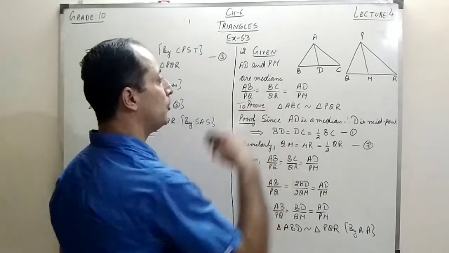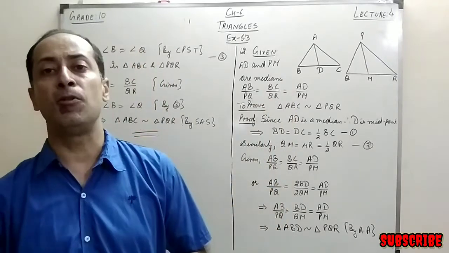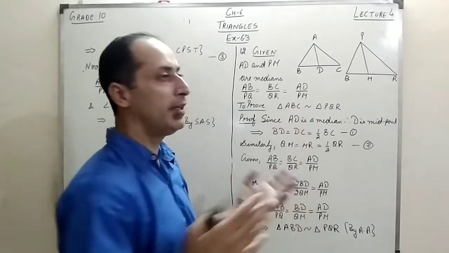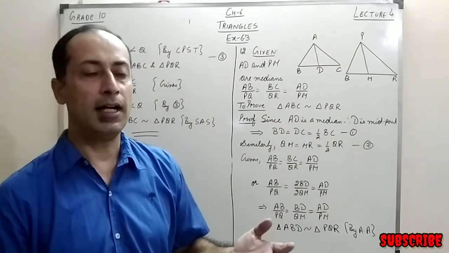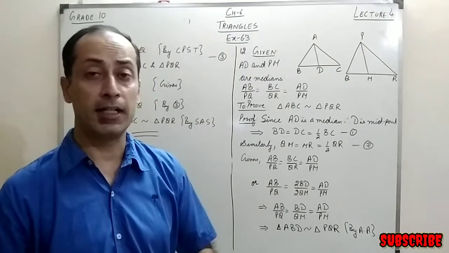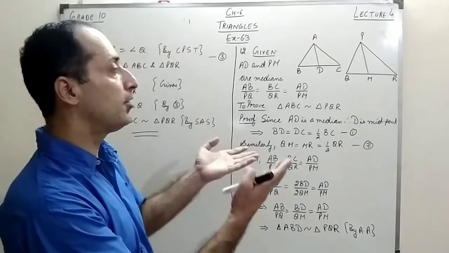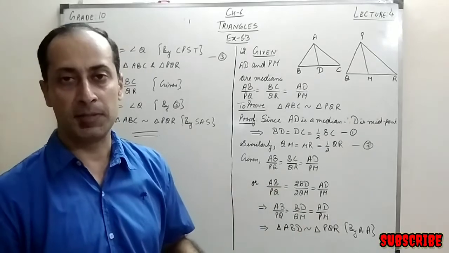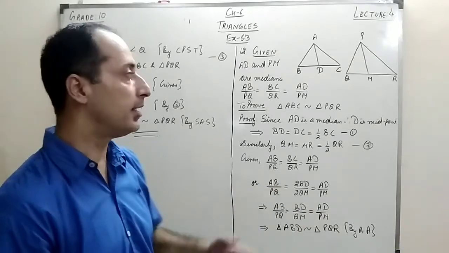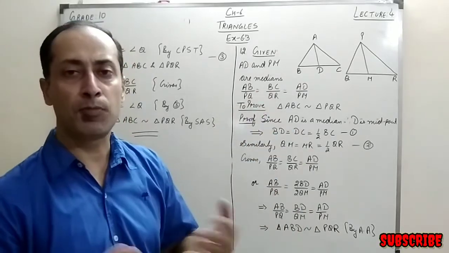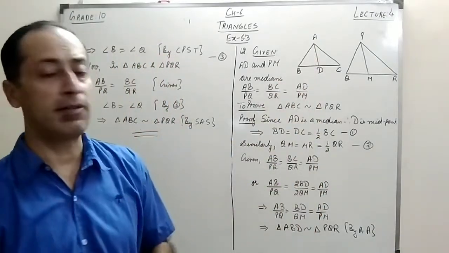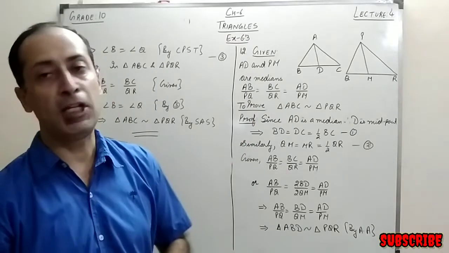Since we are trying to prove that angle B is equal to angle Q, so the other triangle which we can prove similar, see, if we have to prove that angles are equal, either I can go for congruency or I can go for similarity. But we can't talk about congruency here because the triangles' size is not the same. So we will have to talk about similarity. And ABC and PQR we have to prove. What else is left? The thing which is left with me is triangle ABD and PQM.